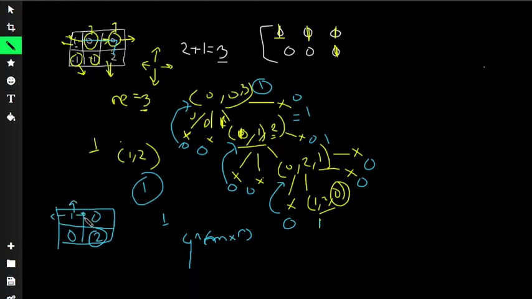The robot can go in 4 directions. For this also 4 directions, 4 directions, 4 directions. For each cell, the robot has 4 possible directions, right? And hence this 4.